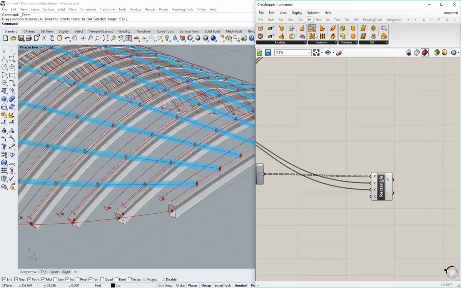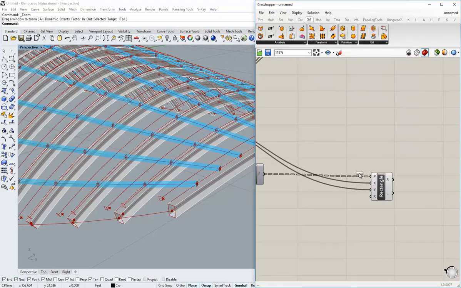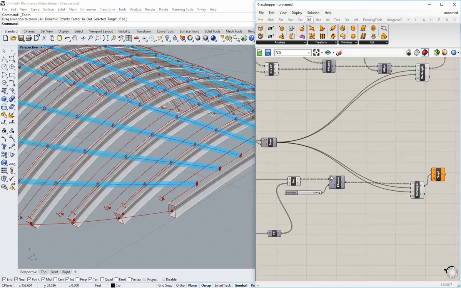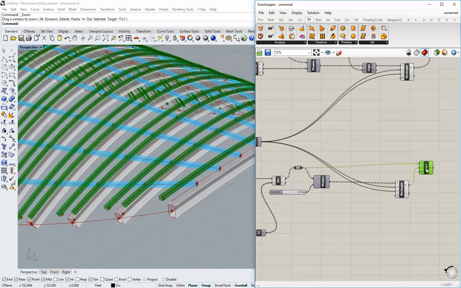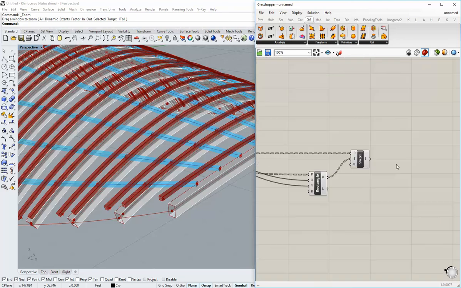All right, let's do our sweeps. Sweep, freeform, surface, freeform, sweep 1. Section curves there. And the sections are the curves, like this. Good. We could cap these like we did before, so we could type in